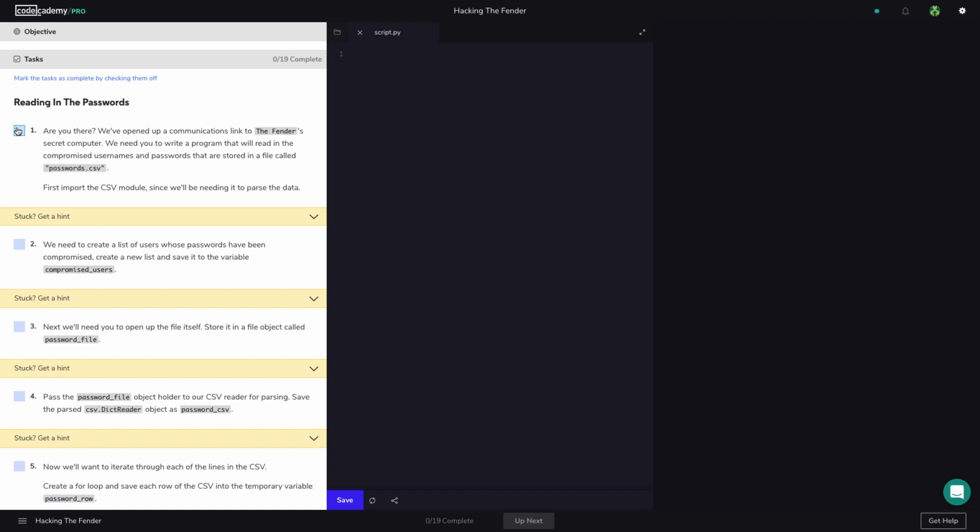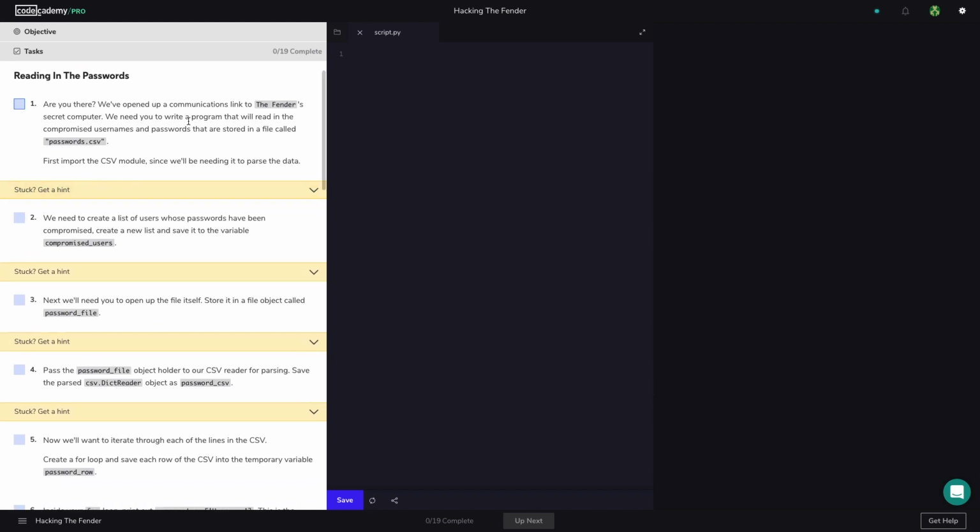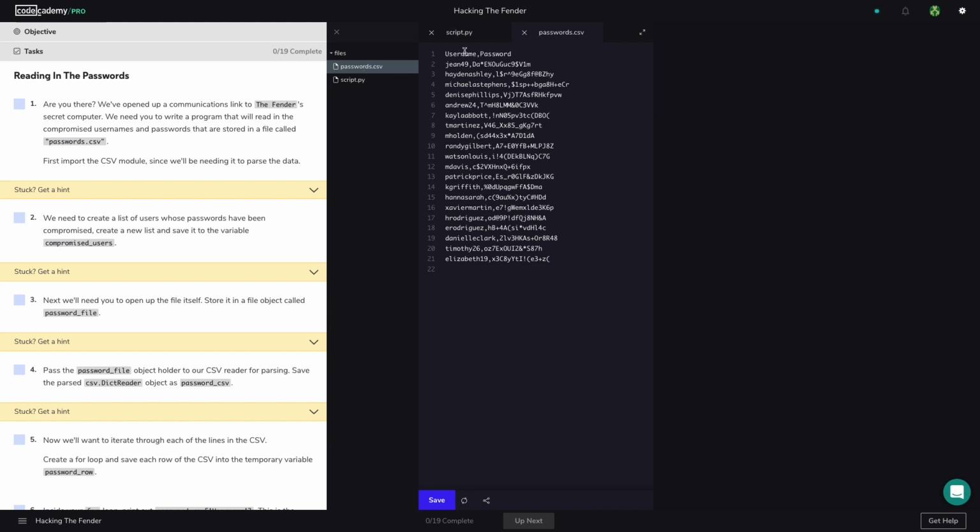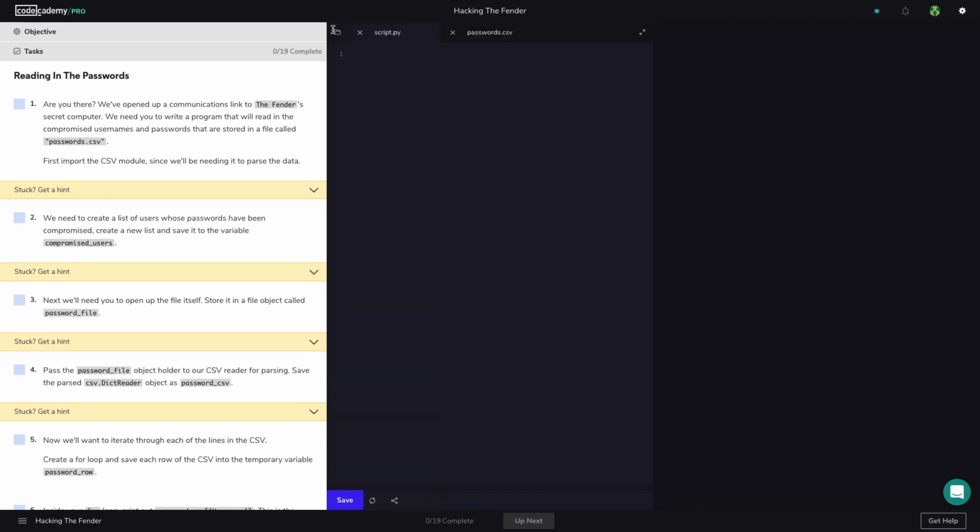Okay, reading in the passwords. If you open up the little folder icon at the top, you'll see the two files we have. We have the CSV file here, so you can see we have comma separated values, and we have an empty script file that we're going to be adding stuff onto. So the first thing we need to do, since we already know we have